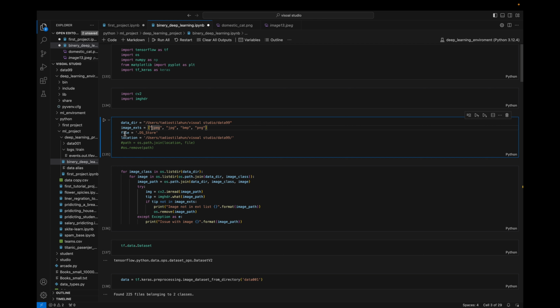For that reason I create an image extension variable, and then I also create a file name, data store, and this one is not included in the tutorial video, but